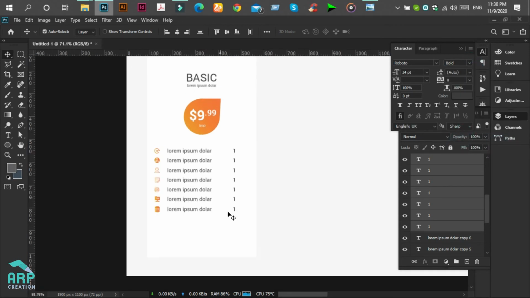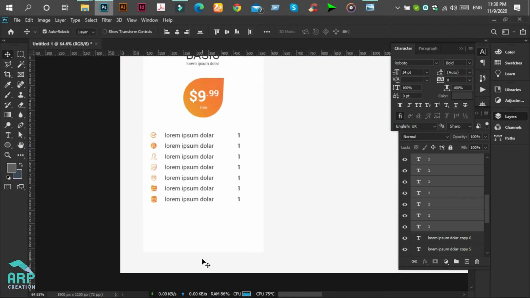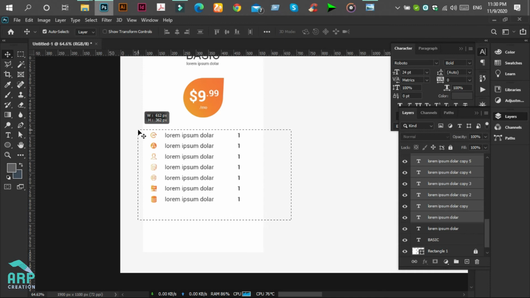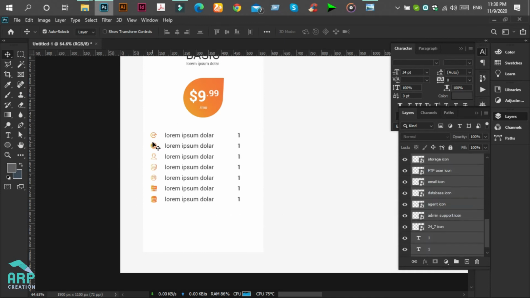Okay, perfect. Now we will lock this rectangle and select all of these layers, then move them to the right side for middle alignment.